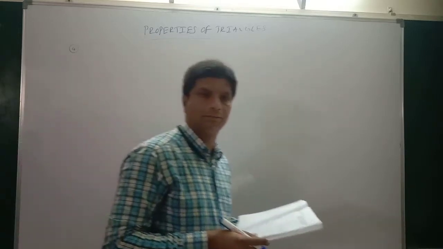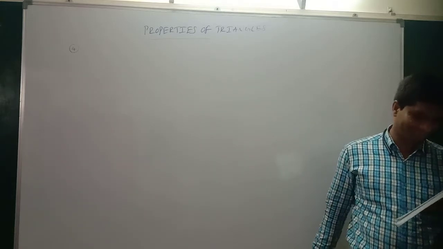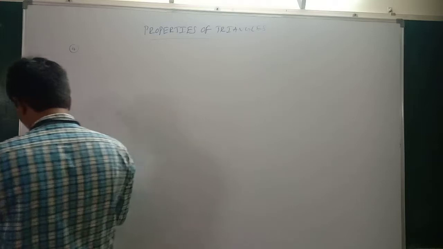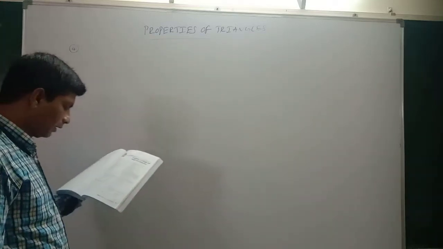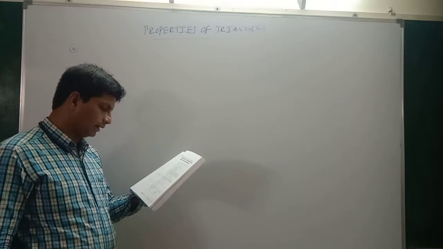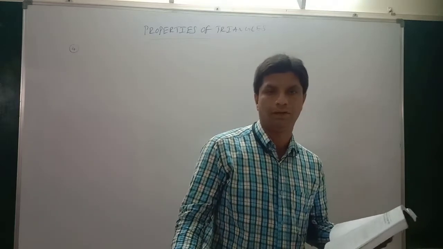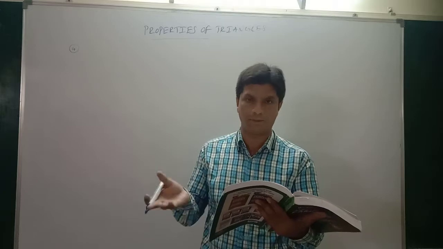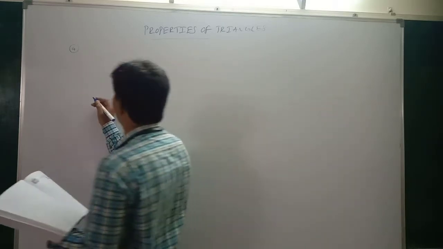Let us begin to solve. Problem number 4. From the top of a hill, h meters high, the angles of depression of the top and bottom of a pillar are alpha and beta, respectively. Then the height of the pillar. Actually, this problem is on heights and distances. Of course, properties of lines: if you have a linear problem like this, you can apply the properties of lines formulas also.